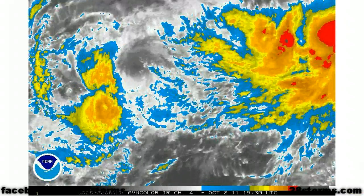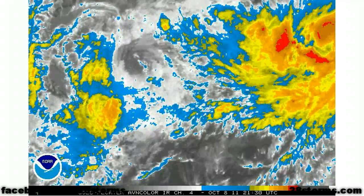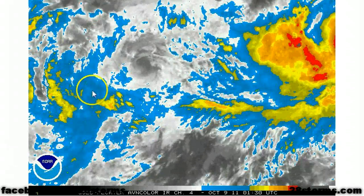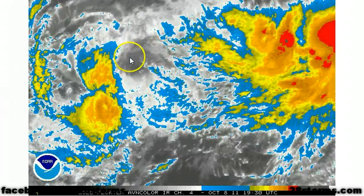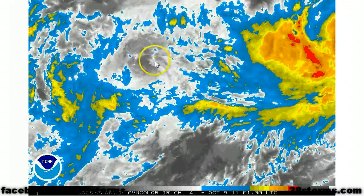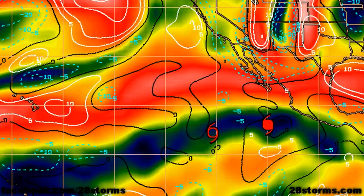This is a more zoomed-in image of Tropical Storm Irwin, and much of the remaining convection is now displaced to the southwest of the low-level surface circulation, which happens to be located right around here. You can see that it is completely exposed from all of the strongest convection, and that is because the favorable upper-level ridge that has been located over both of our systems is now beginning to focus itself more so over Hurricane Jova,